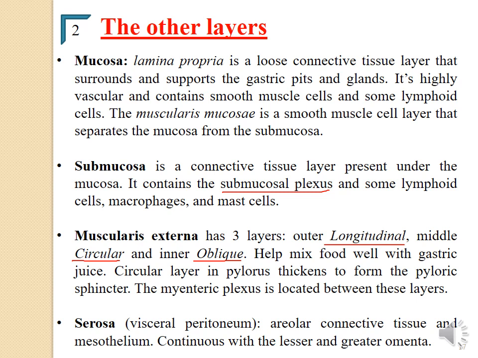Now, the circular layer in the pylorus is thickened. This thickened circular layer in the pylorus will form the pyloric sphincter. Now, here it is well known and well taught that the pyloric sphincter is an anatomic sphincter. It is called an anatomic sphincter because we actually have a structure that we can see, which is a thickened circular layer of muscle, thickening the circular layer of muscle in the pylorus. Whereas